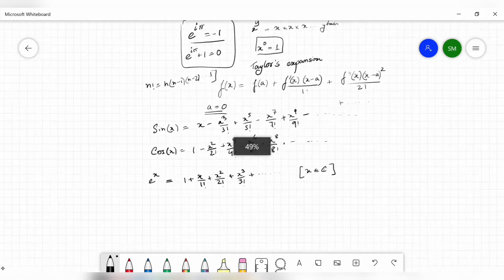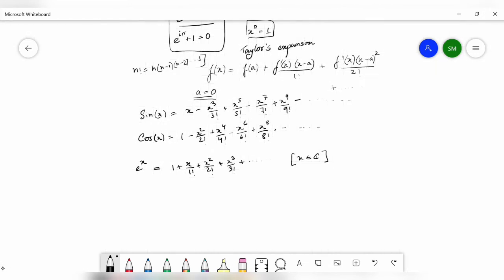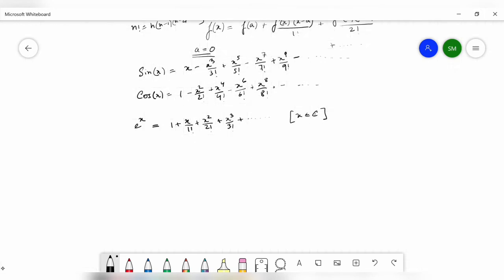And if I zoom in, you can see sin x is x minus x to the power 3 divided by 3 factorial plus x to the 5 by 5 factorial. Cos x is something similar. It has all the alternating powers, and e is kind of an accumulation of both of these, right? So let me do one thing. If we start writing this thing,